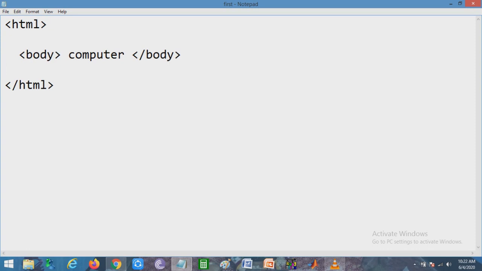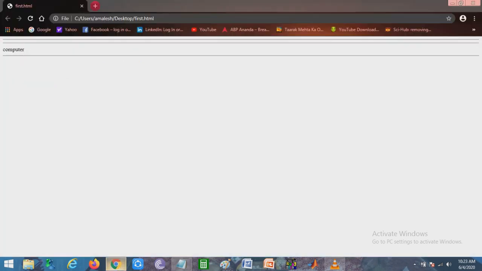One thing you have to remember is that whatever we write is between the HTML and body tags and their end tags. But if you save it and run it on the browser, it looks like this: only "computer" will be printed on the browser.